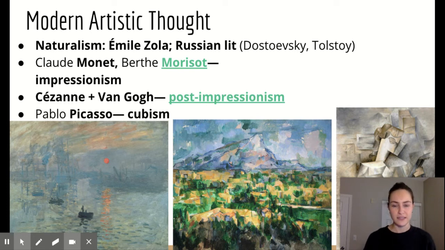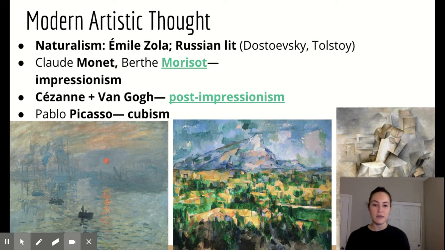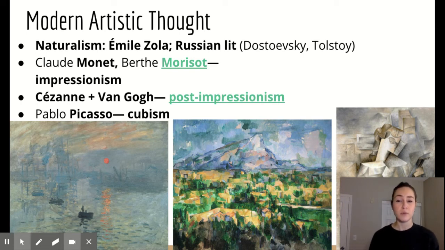And so you can get a sense, by looking at the Monet compared to the Cézanne, that even the Monet, which is not perfectly accurate, seems more realistic than the Cézanne painting in the middle. And one of the reasons why Impressionism and Post-Impressionism are developing in this time is because the camera is being developed. The camera has literally been invented and photographs are being developed. And so when you have a camera that can literally take a photo of a real life thing, why would you paint reality? Why would you try and paint something perfectly realistic?